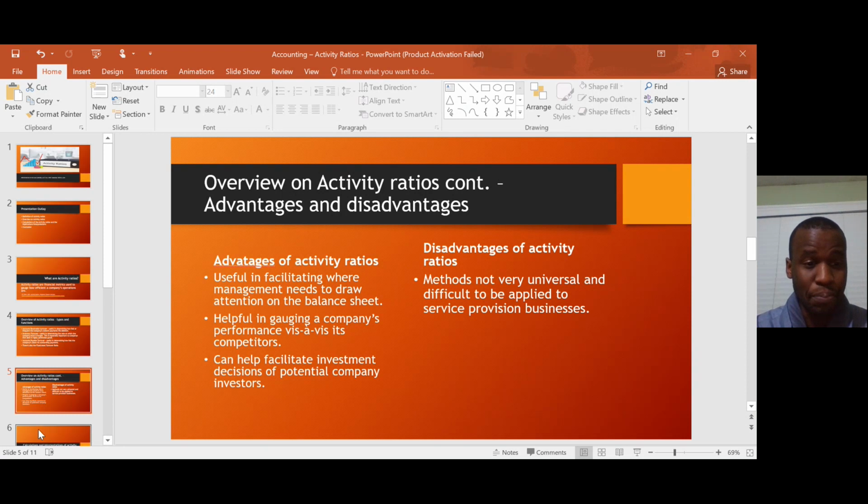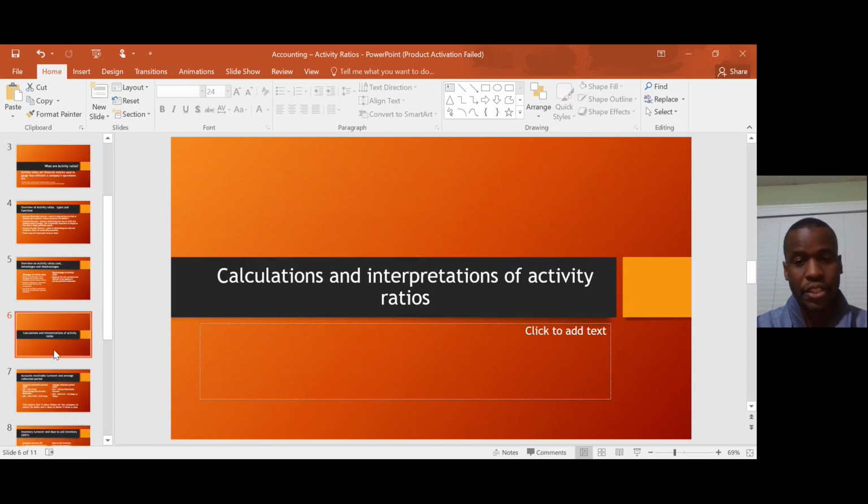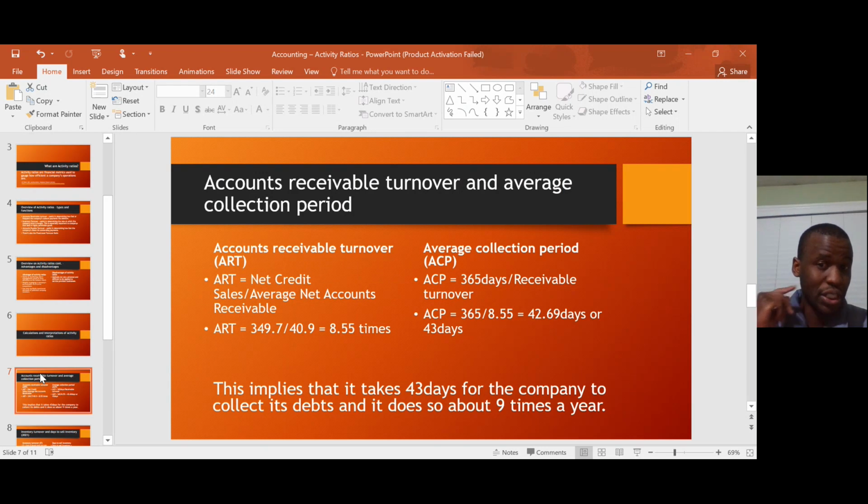Now, to facilitate better understanding of these concepts, let us look at the calculations and how we can interpret these activity ratios. So we shall start by looking at the accounts receivable turnover and the average collection period. So as aforementioned, accounts receivable turnover is indicative of how fast the company collects what is owed to it from its debtors. So this is calculated by getting the net credit sales and dividing it by the average net accounts receivable. So for this